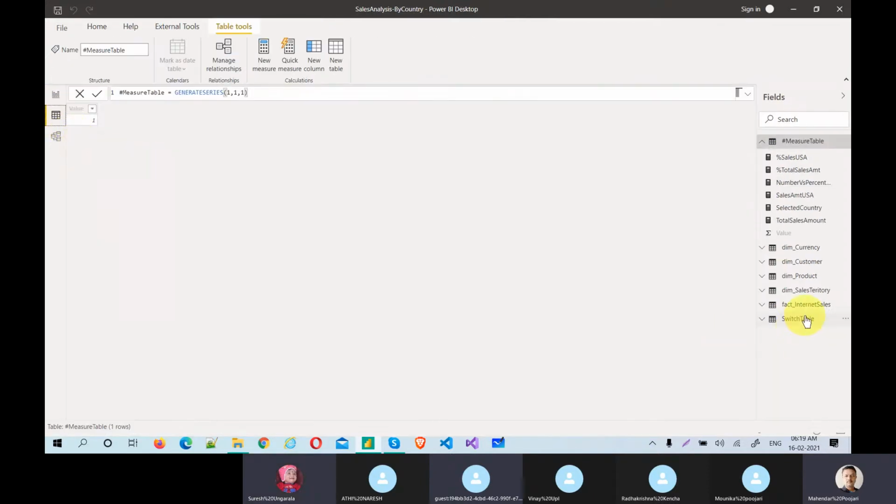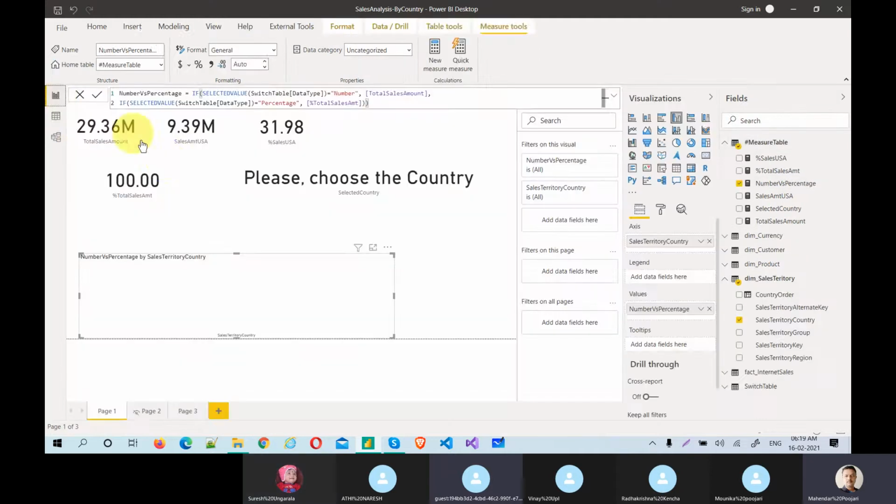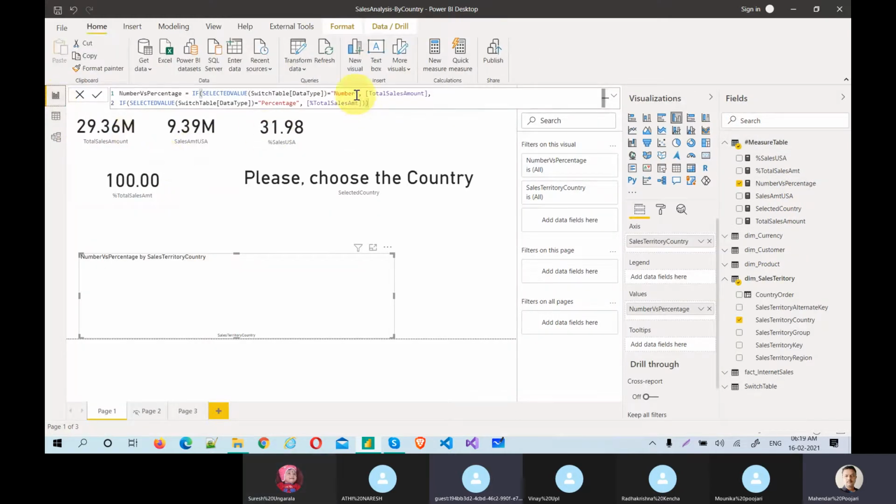Switch table. Numbers and percentage. See, the spelling is very, very important. Numbers, percent, percentage. Okay, percentage. Yeah, that is a problem. Now let's see, numbers, percentage. Yeah, this should work now.